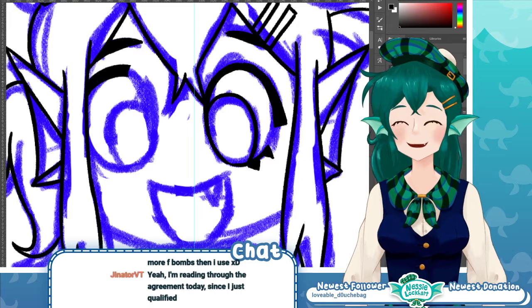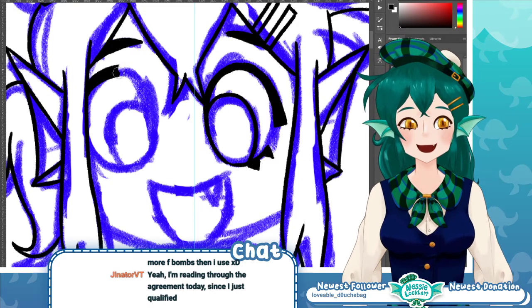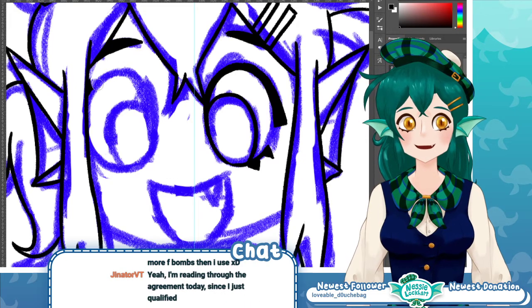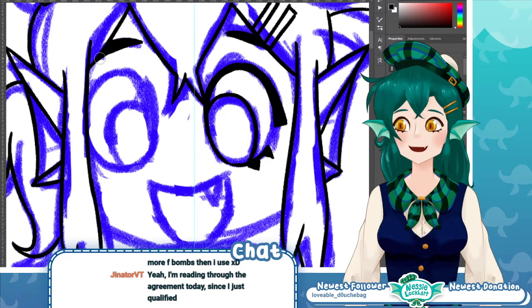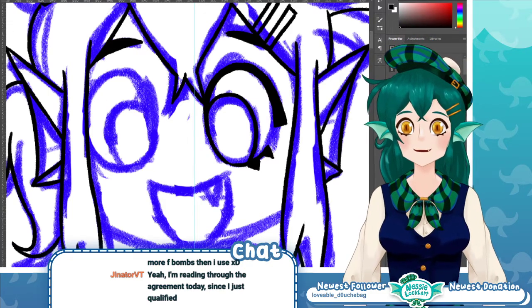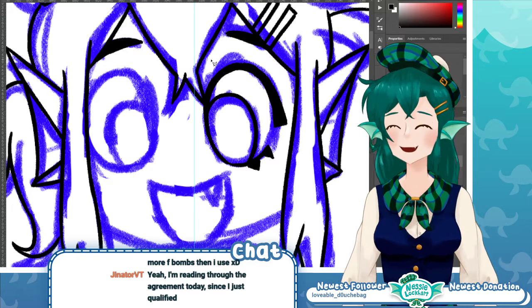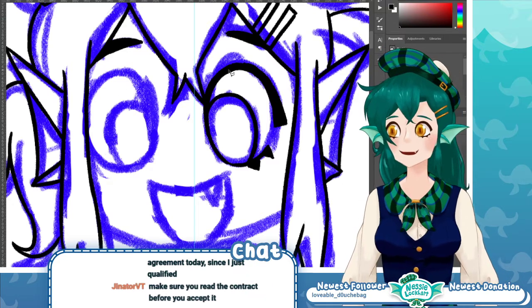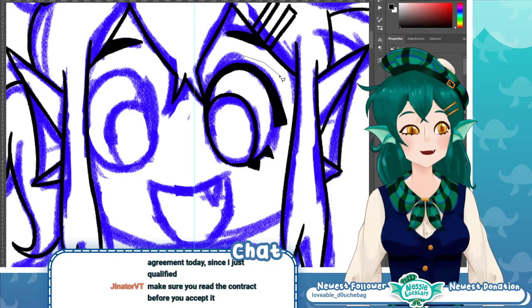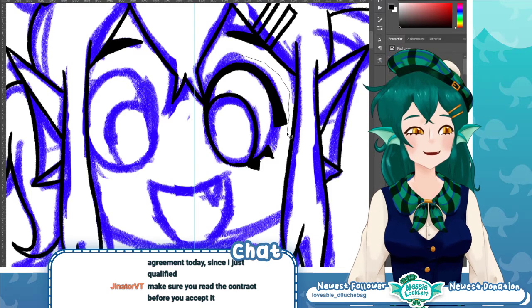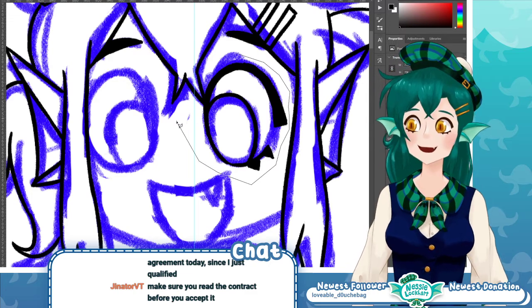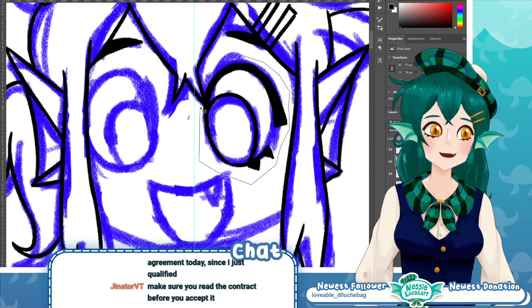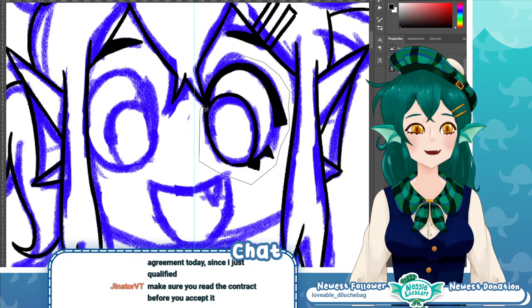Though I actually suggest, if you're learning to draw, I'm not saying if you're learning digital art, but if you're learning to sketch, I'm sure most people already know this, and most people start out with pencils first before digital art, but I think drawing with a real pencil first is better to learn sketching than digital art. But that's kind of an aside from what I'm doing right now.